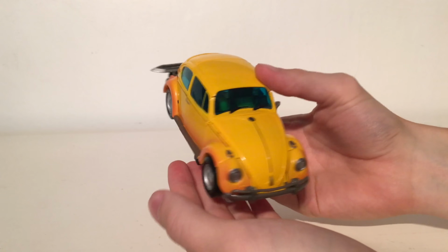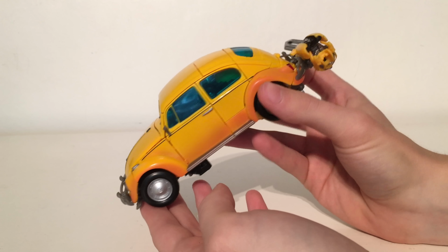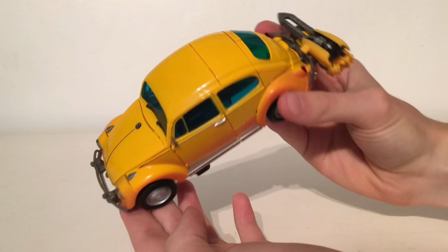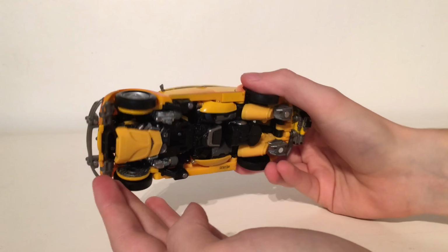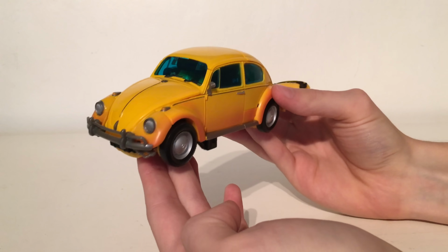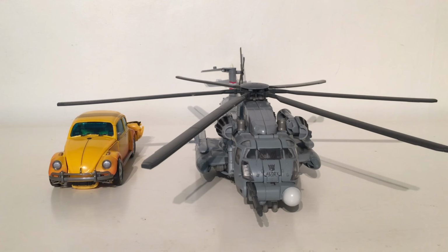Now, definitely not the most well-engineered storage. It does just hang out on the back. However, I am glad that Hasbro and Takara have found some way in storing the weapons on the vehicle mode. And if they were to plug them underneath, you definitely would not have been able to get this figure to roll at all. For a very quick size comparison, here is MPM Bumblebee next to the Studio Series Leader Class